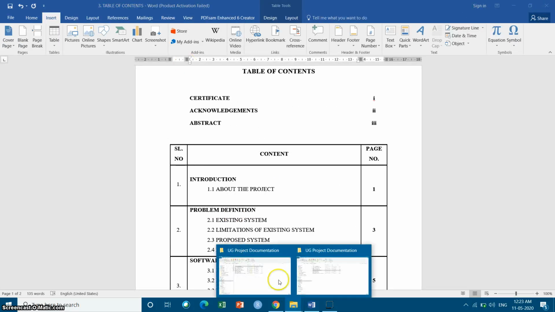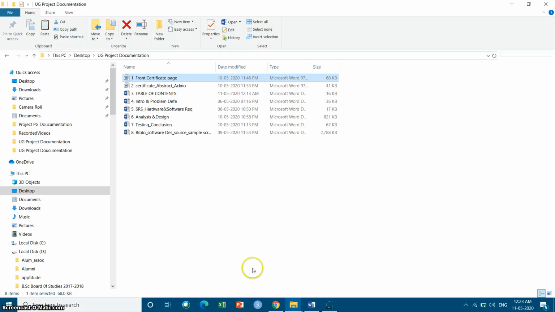See here, I have given 1 as the front certificate page, and 2 is your certificate page, that is your bonafide certificate, abstract and acknowledgement. The third one is your table of content, the fourth is introduction and problem definition, the fifth is software requirement specification, hardware and software requirements, and the sixth is analysis and design part.